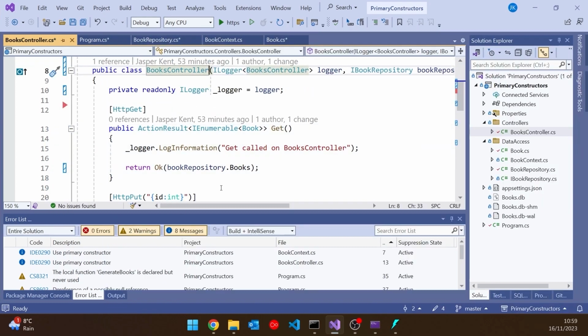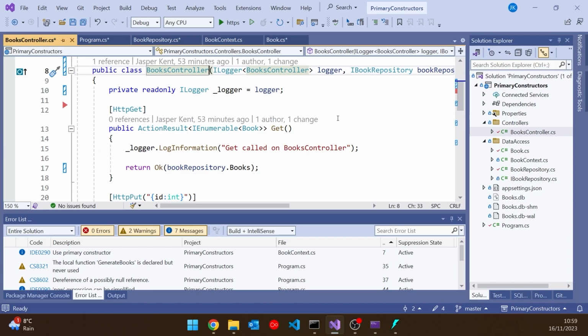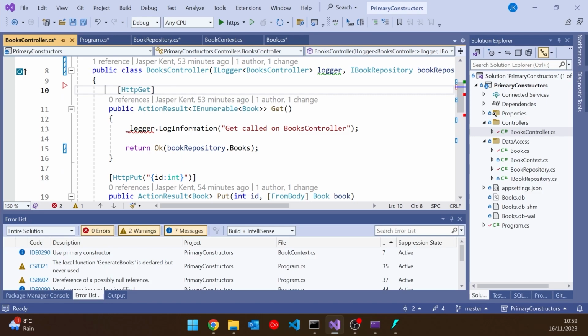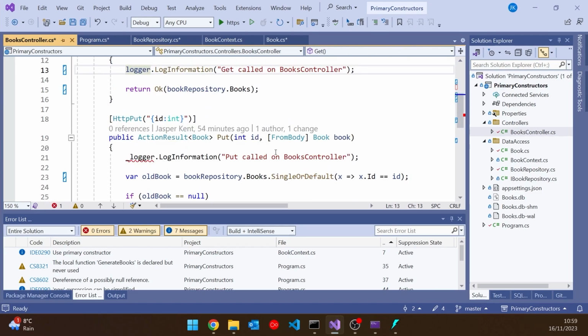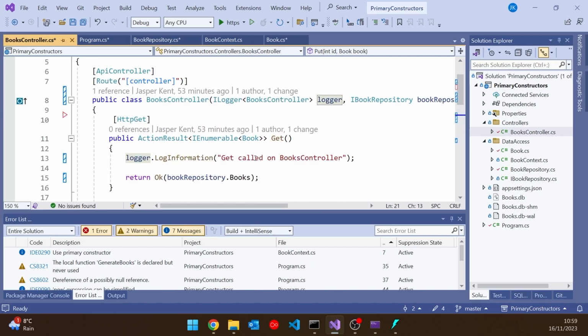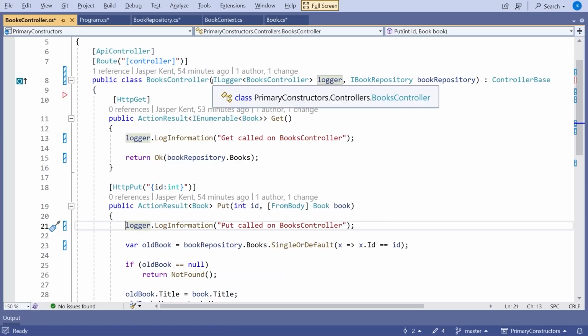So we have that. Interestingly, and this is just the Visual Studio code generator, it didn't quite do it fully. It removed the field for the repository, but not for the logger. So actually we'll have to do that by hand and then just rename the logger like that. I was just using the logger so we'd have multiple parameters so we could see that sort of thing. But now we can see there we have the parameters for the constructor.